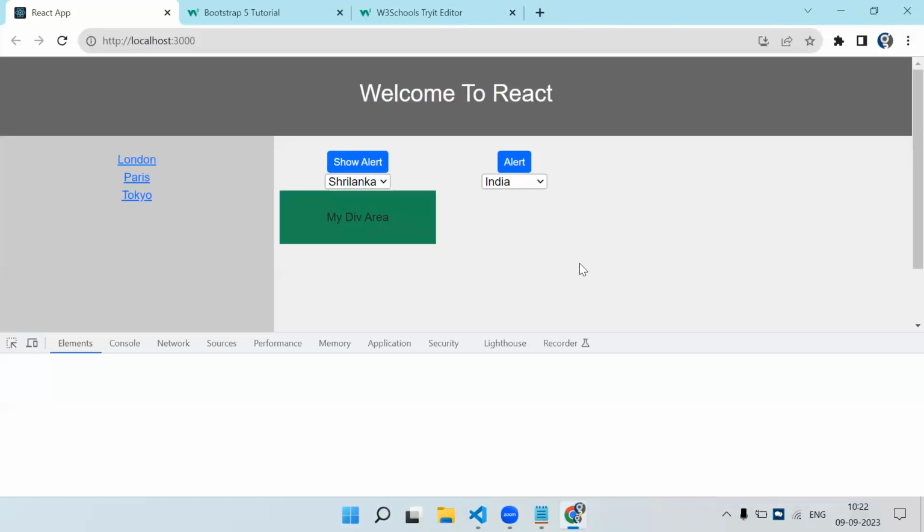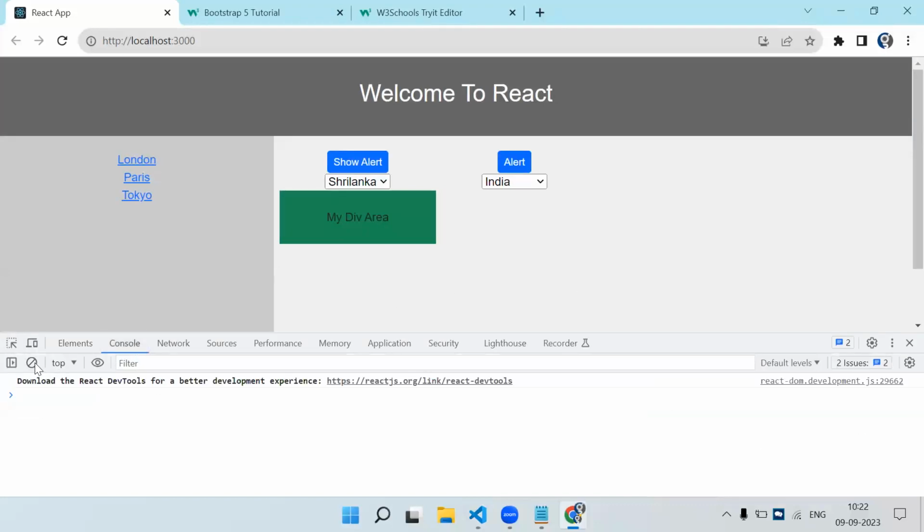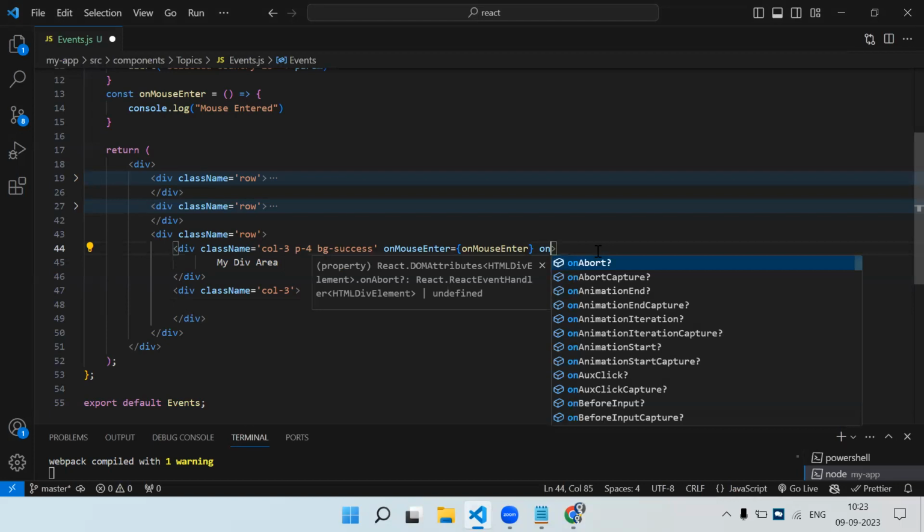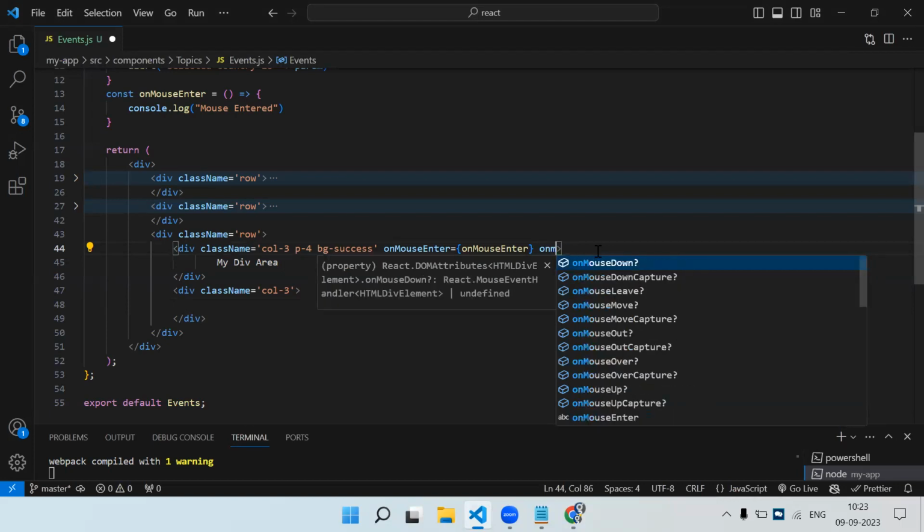Now I have to open the console. Let's see. So if I move the mouse, you can see console is printed. Again, if I move, it will just increment. Now the second event, if I leave that particular div, right? So that is on mouse